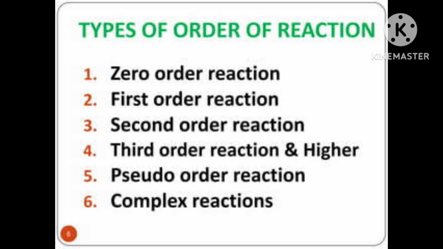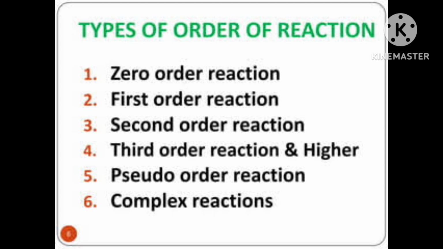But now in this case, one molecule of ethyl acetate plus H2O, the coefficients are 1 and 1. Then the products are CH3COOH plus C2H5OH, meaning one molecule of acetic acid and one molecule of ethyl alcohol. Here molecularity is again 2, that is 1 plus 1. But order of reaction